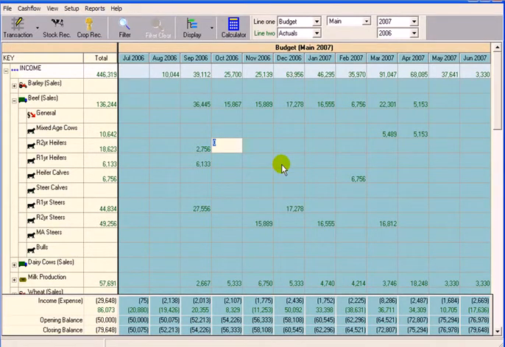The next training segment talks about stock reconciliations. Before we start on the very important task of discussing livestock reconciliations, I just want to explain that when we've got a budget that we like, in this case mine's the budget called Main for the year 2007, we can click on